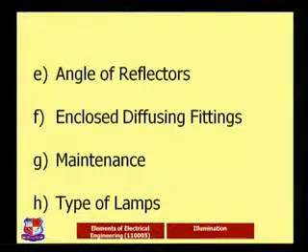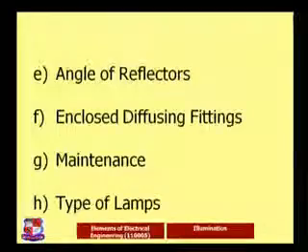Type of lamps: various types of lamps are available depending on the requirement, like sodium vapor lamps, CFLs, tube lights, and bulbs. But bulbs are almost avoided in industry right now. CFL has taken most of the place, so a high amount of light is going to be there on the particular site or object. Again, it depends on the application. If we require a sodium vapor lamp, we can turn it on for that particular path or area for some time, and for the rest, where it is not required, we can go for it if the light is suitable for that area. And obviously, if we require more light, we can go with the CFL.